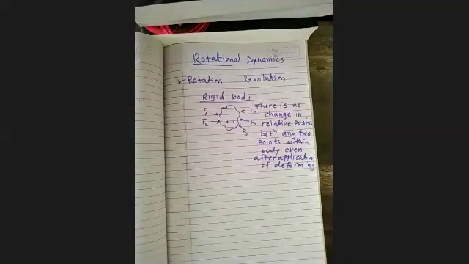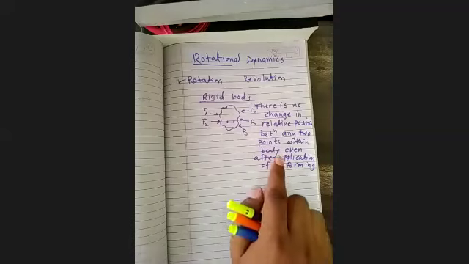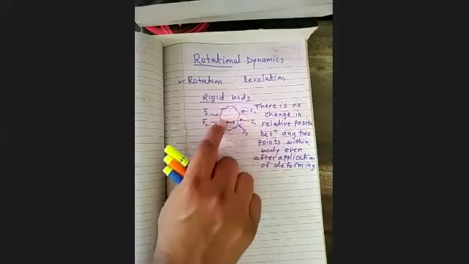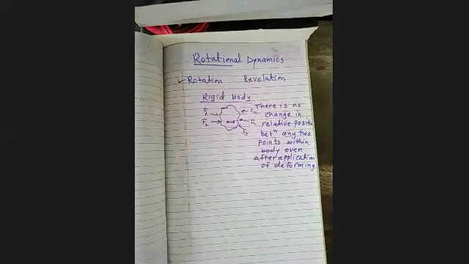If there is no change between the 2 points, take an example of it. Take any metallic rod and try to apply force on it. Will there be a change in the shape and size of that particular object if the metallic block is quite heavy? No, not at all possible for you, right? So within that particular limit, there will be no change in the shape and size of the body. In other words, if there is no change in the relative distance between them, that means there will be no change in the shape of the body. So that kind of body is called a rigid body.